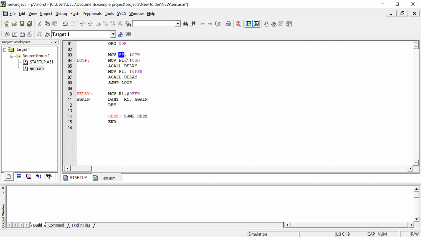Once the data 07 is moved, SP will be having 07H, which is the stack location, where I can say the return address is stored.